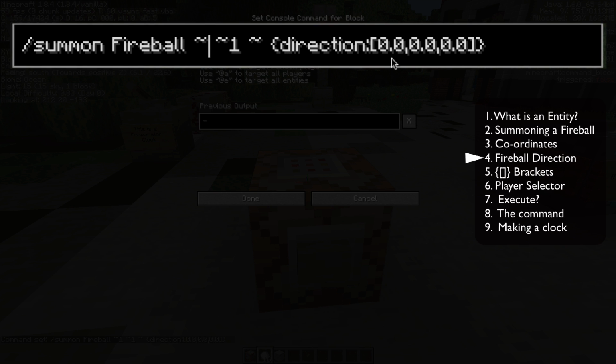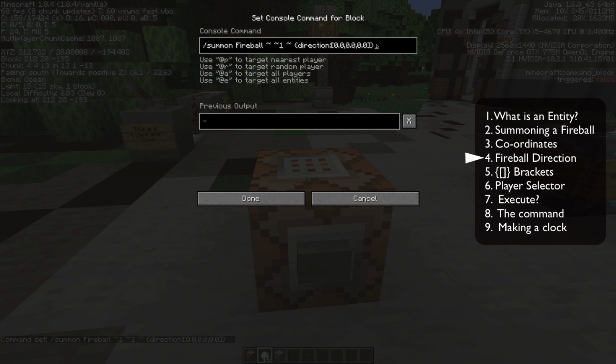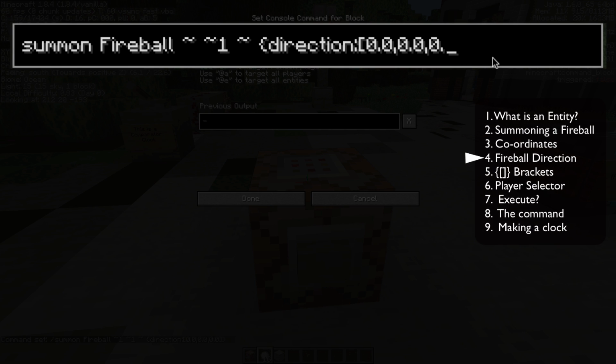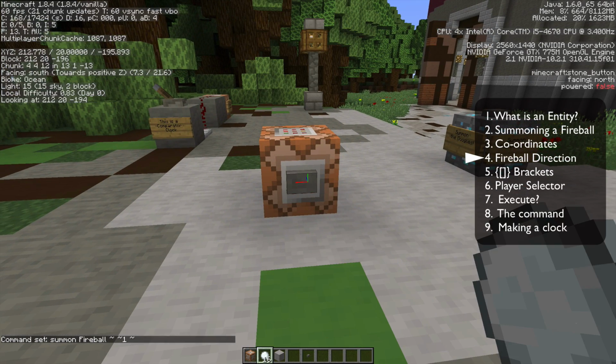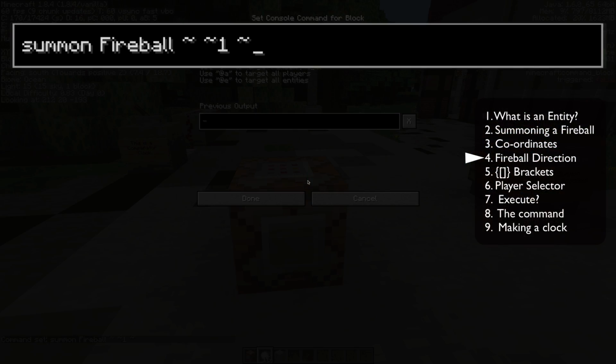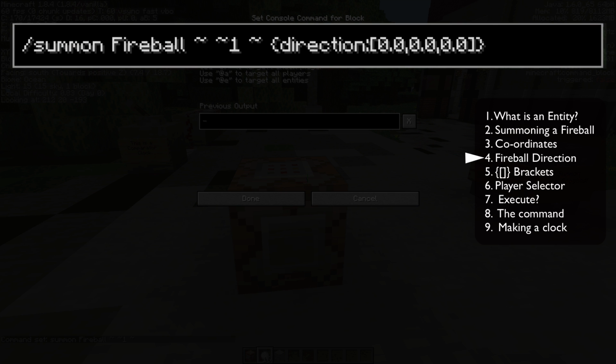Even though we are setting the direction to be zero, Minecraft just wants you to add that. If I were to take away the direction, you will see that the fireball will briefly flicker into existence and then disappear. You see, so it requires us to have this direction added to it. Now you'll see when we do the direction,